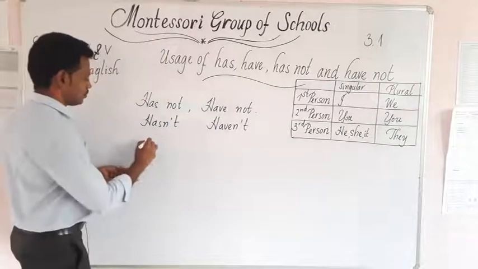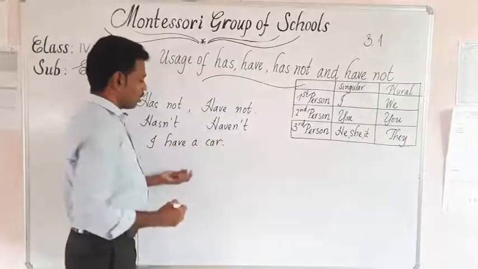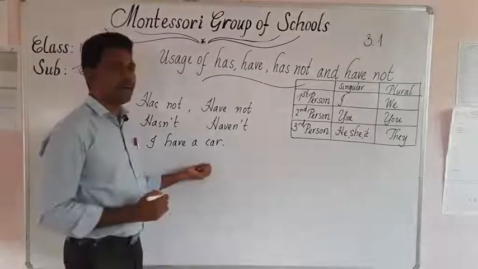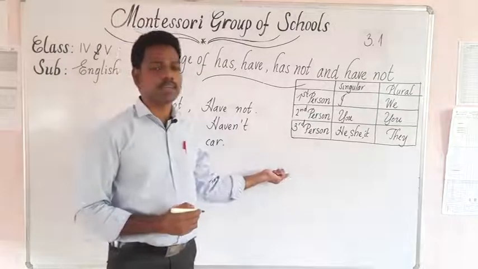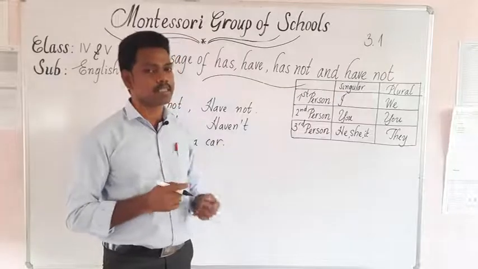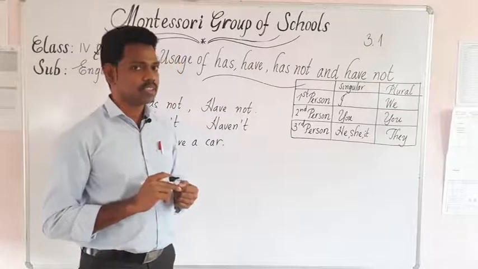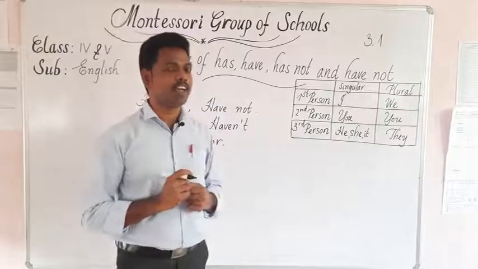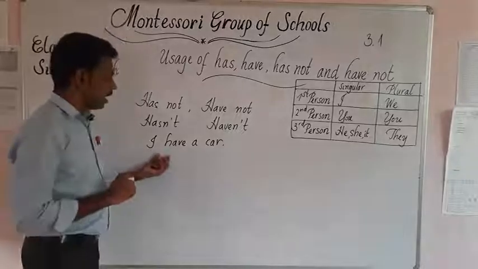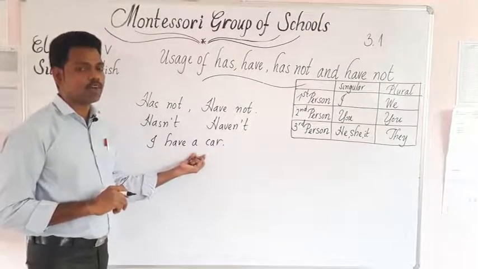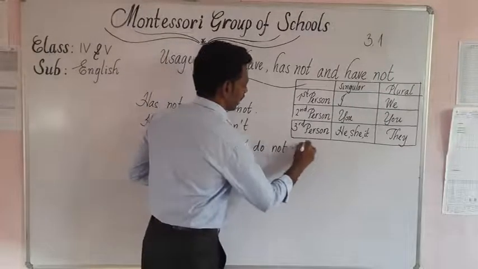For example, I have a car. What would be the negative sentence of I have a car? It is not that I have not a car. There we have to think. In the previous classes, we discussed do not, does, and does not. And even we talked about the cases: where do we use do and where do we use does? Okay, so here I have a car. What would be the negative form of that? I don't have a car. I do not have a car.